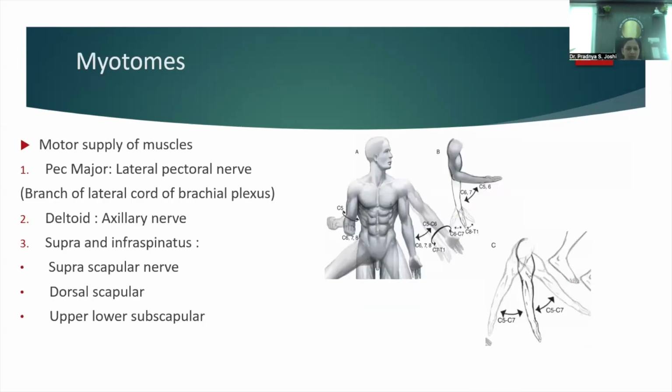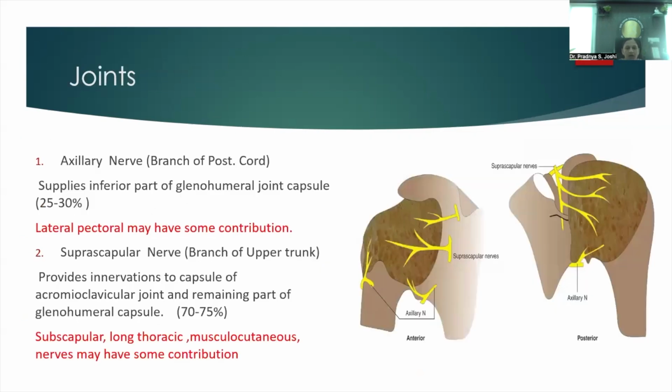When we look at the myotomes, again, there are variations in the nerve supply: the axillary nerve for the deltoid area, the lateral pectoral for the pec major, and the lower subscapular and dorsal scapular for the infraspinatus and supraspinatus. The joint capsule, which is the main area of interest in arthroscopy,